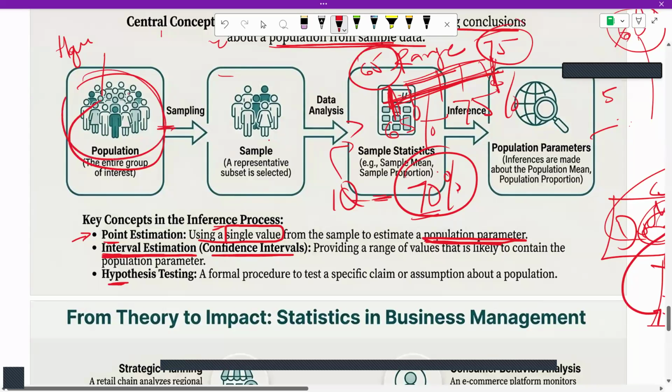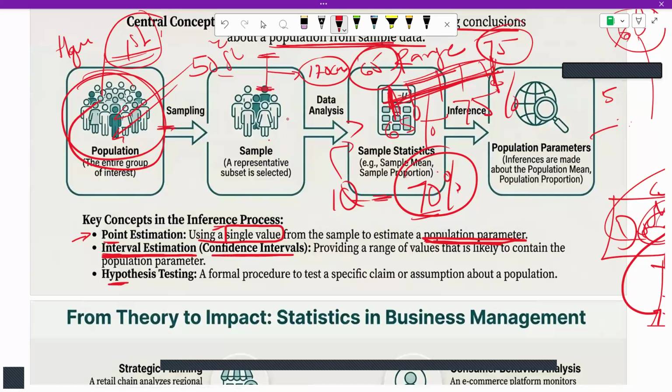I want to test the height of the students in the first year, right? First year height of the students. Then I pick a few students. Say I select 50 students from that population, and I measure the height. And I found that the average height is 170 centimeters. If I say all first year students, right now, based on the sample, I infer to the whole